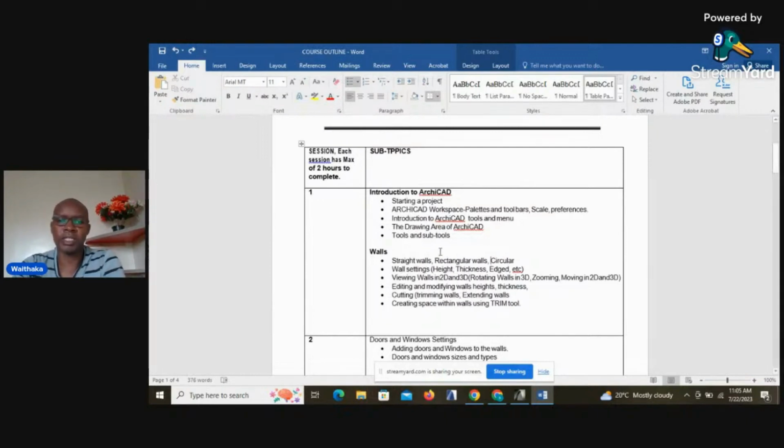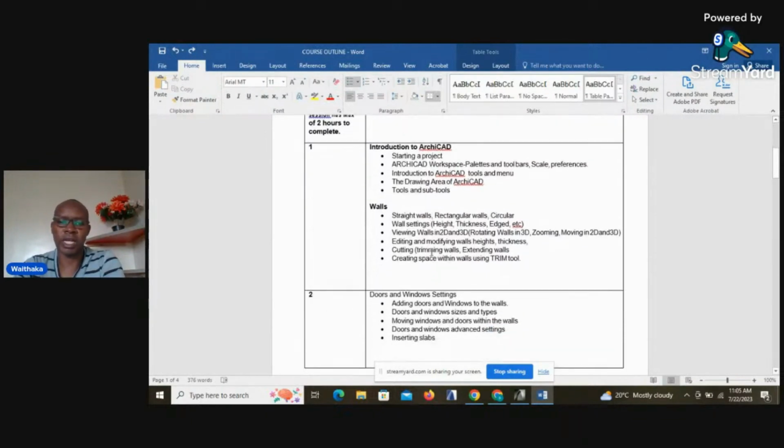Then we'll also look at the ArchiCad workspace, looking at the various palettes that are there, the various toolbars that are there, scale, preferences. We'll also look at introduction to ArchiCad tools and menus. We'll also look at the drawing area of ArchiCad and the various tools and subtools that are there within the ArchiCad